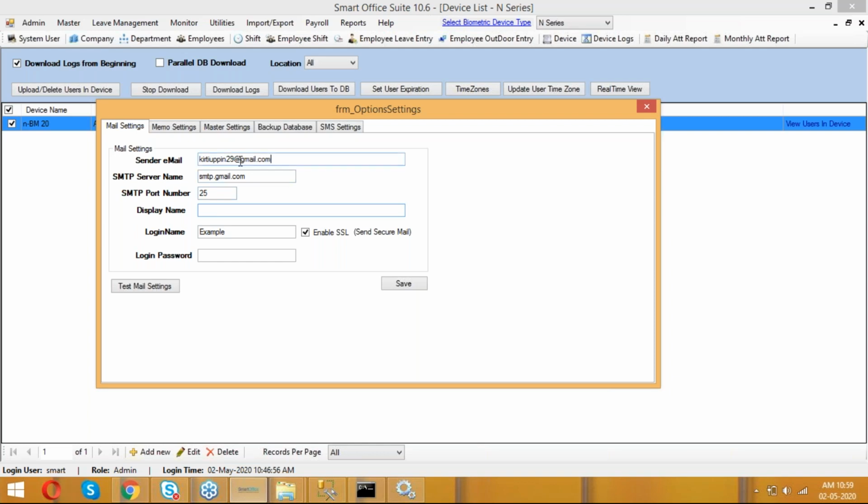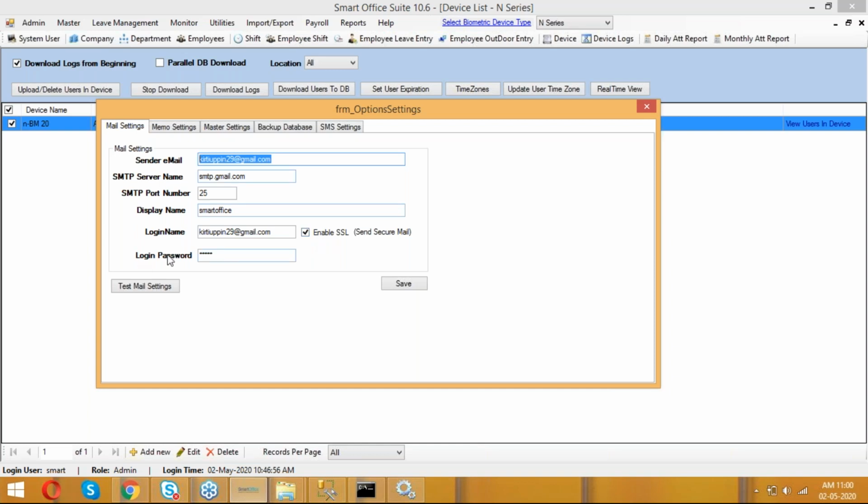Either it should display your email id or whatever name you want. The login name will be your email id only, and then the password. For this setting, the mail id you are using should be a less secured one.